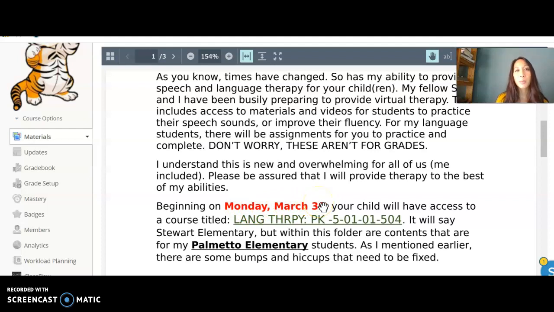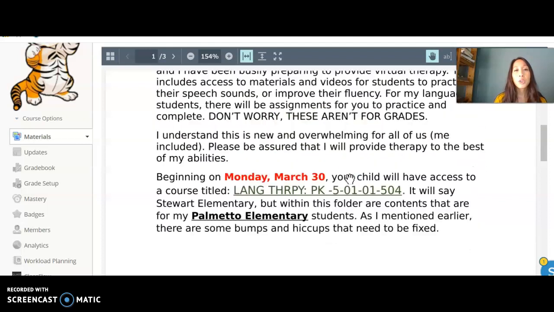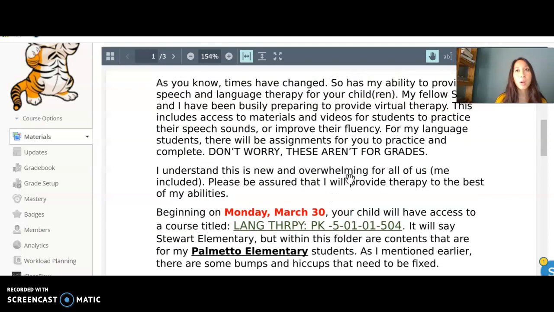Now, I understand that some of you may or may not have your computers until Monday, and that's okay as long as you're able to access the course and work through it sometime during the week. Usually you see Miss Christina or Miss Marianne, Miss Singleton, but if you share both of us, you're only going to see me right now, so just use the course that I have available.